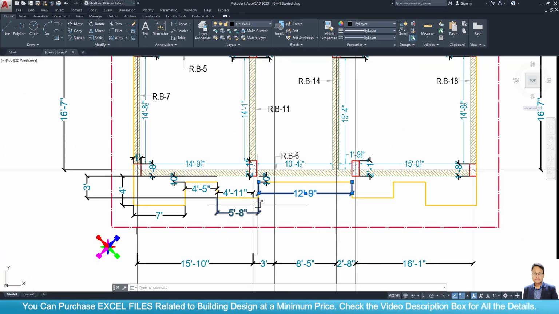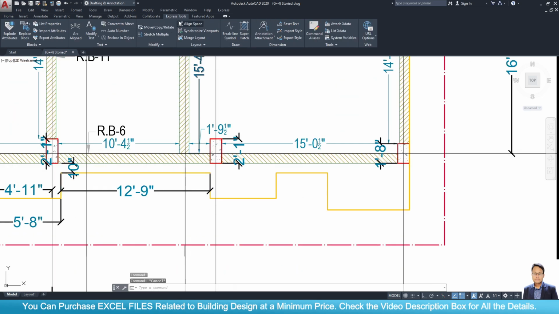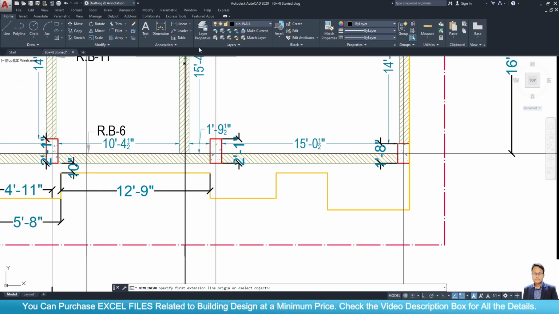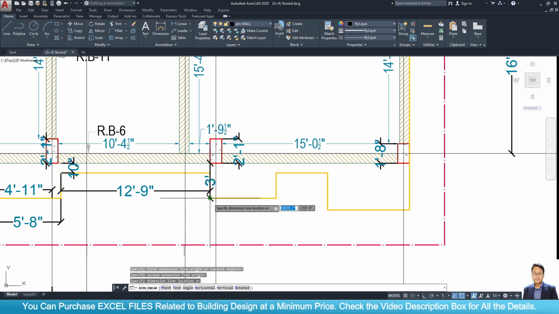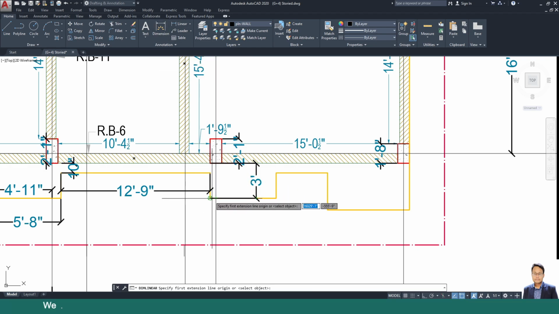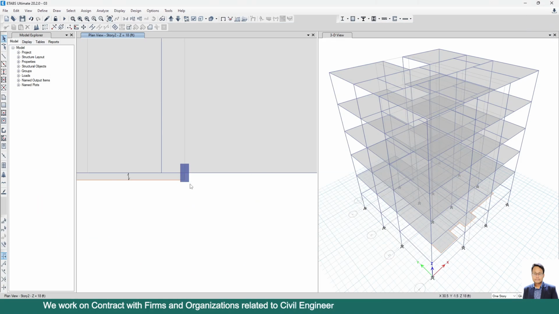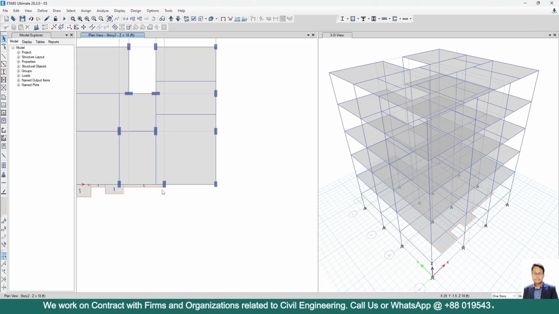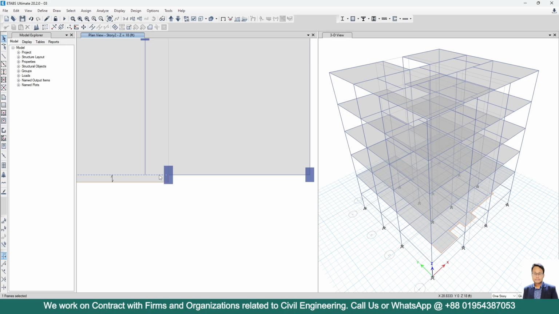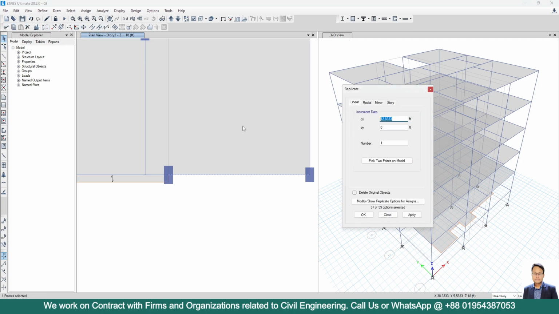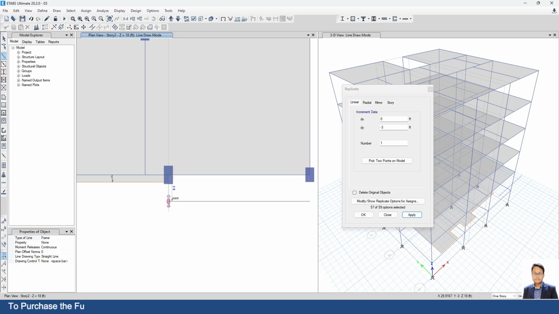After that, we can see here we have a distance of 3 feet, then 5 feet 8 inches. Okay, we will select this one, go to replicate command, 0, -3 feet, apply, draw a beam here,